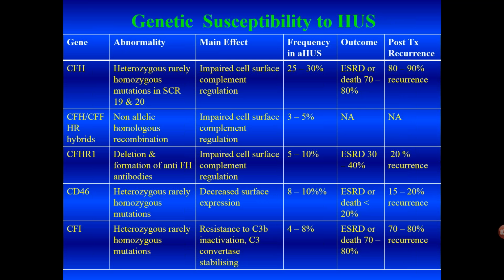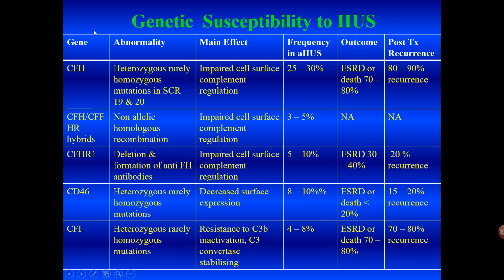There is some similarity between activation of the complement pathway on cell surfaces, which leads to the thrombotic microangiopathies, and in the fluid phase, where immune complexes form and deposit in the glomerulus, and that is the pathophysiology of the condition we today know as C3 glomerulopathies. More about that as we go along.